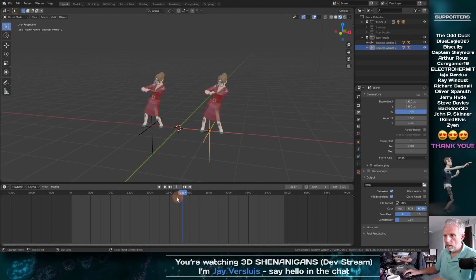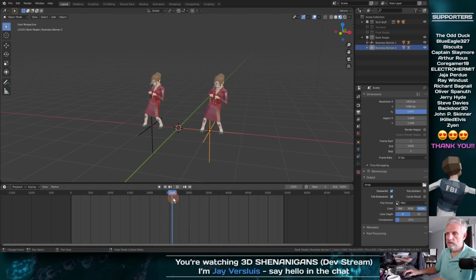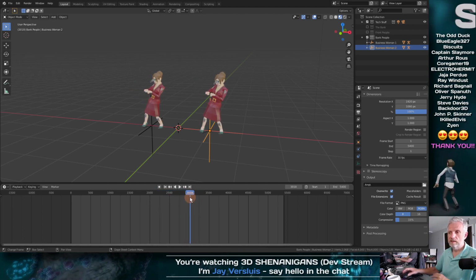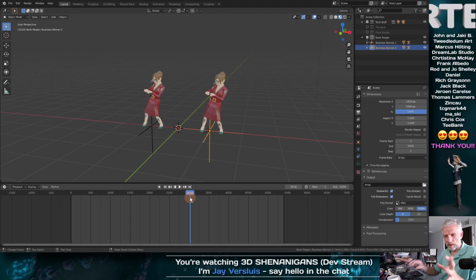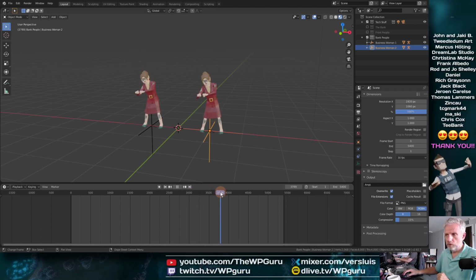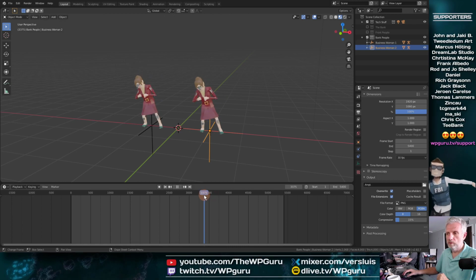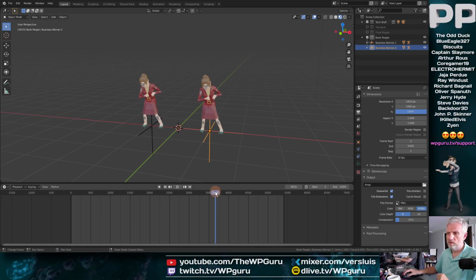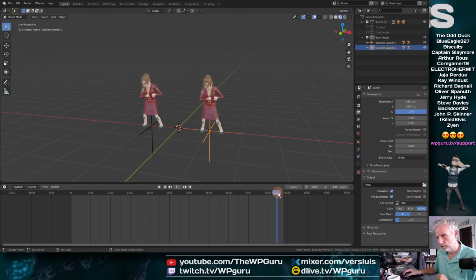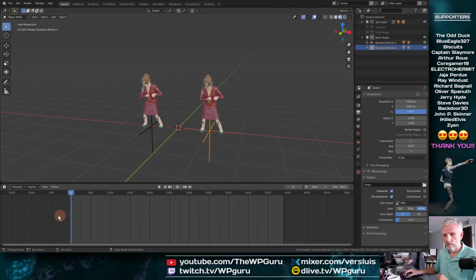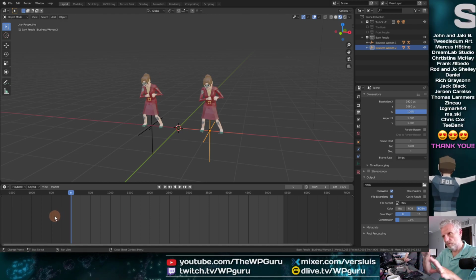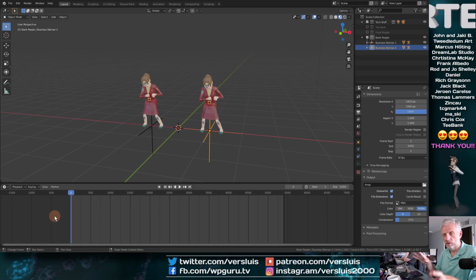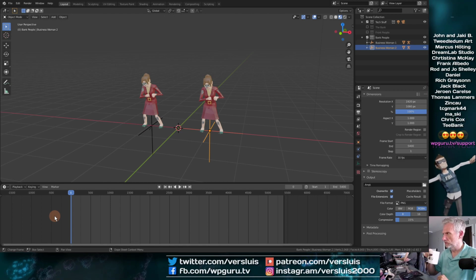Nicely done. So I think what I might do is then just shift the second Annie block somehow differently. I'm sure there's something really clever that you can do by mirroring it, but I'd rather have them dance a little bit out of sync, because that adds to the fun factor. So we'll just shift the whole block from the second girl a little bit off so that they're not entirely in sync. I think we can do that.